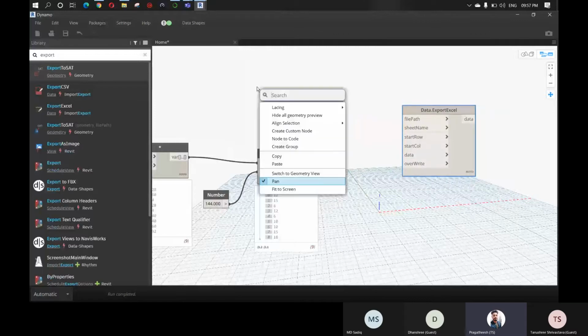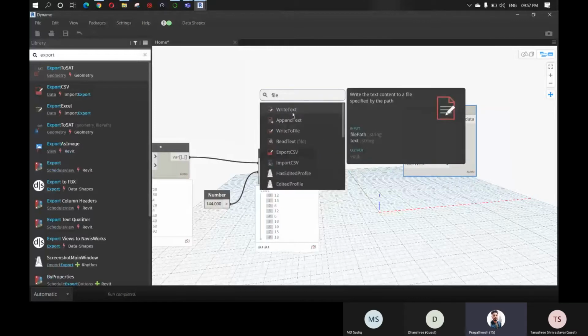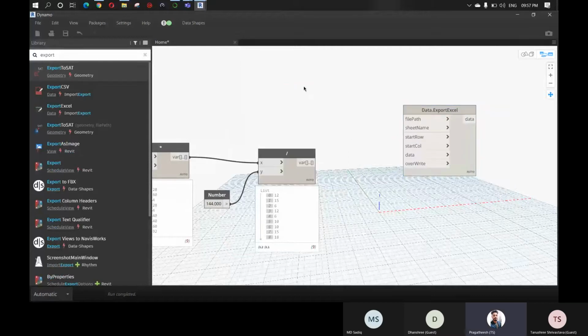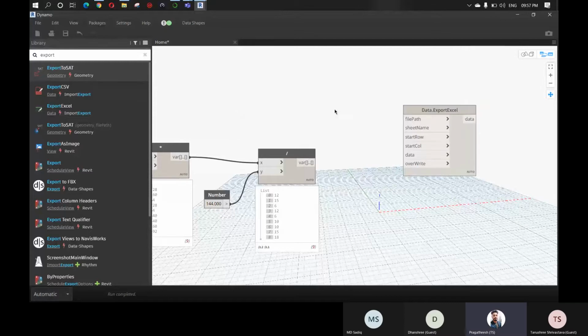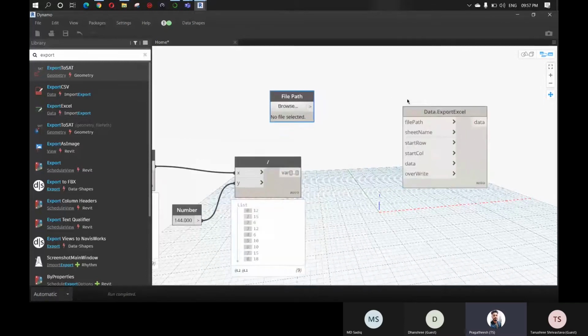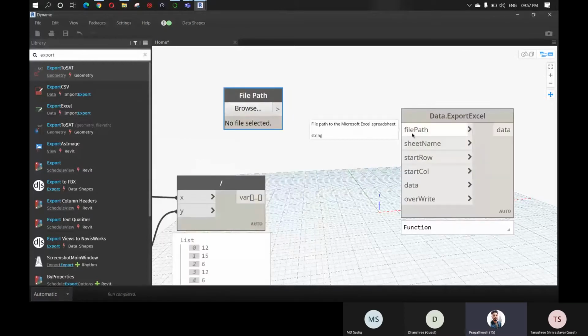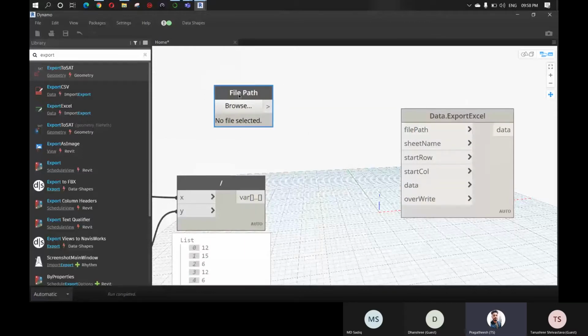Okay, file path. As you can see here, the input is file path and not a file. So if the input is a file, you have to convert this file path into a file with the help of the file from path node, as we saw earlier. But in this case, you can just directly connect it, no issues.